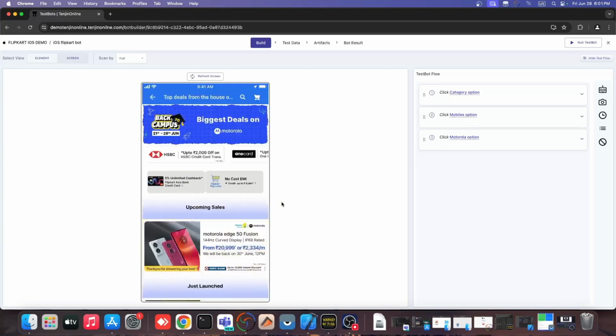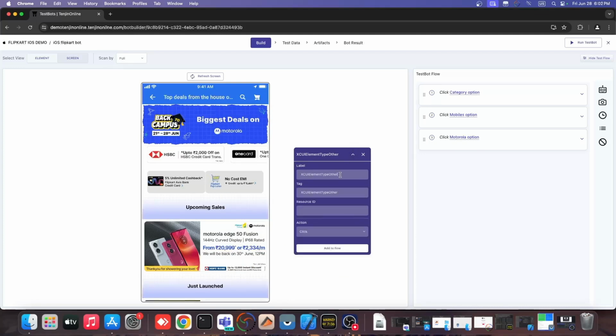Once the new screen comes, I want to swipe the screen up so that I'll be able to click on the phone I want. For swiping, I'll be recording this as the element so that it can swipe a longer page. So here I'll be giving it as